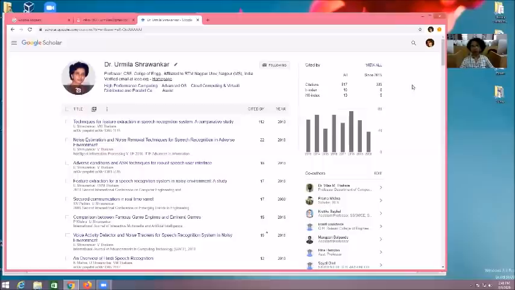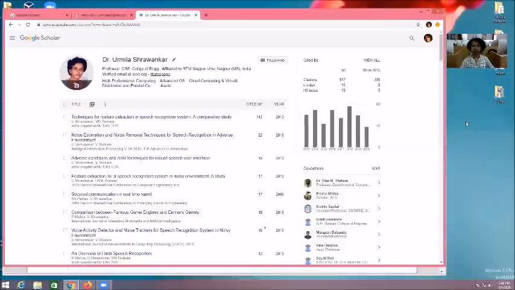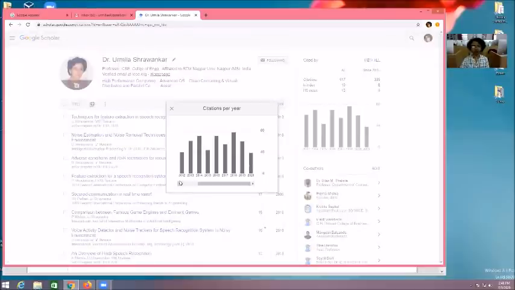Now we will go for the right hand side over here, and in the right hand side you can find out cited by, view all, and I will do it. Okay, now here I'm getting the citation record from 2013 onwards. If I press cited by, then I will get the year wise record also. That is also possible. Okay, view all, then I will get a year wise record.